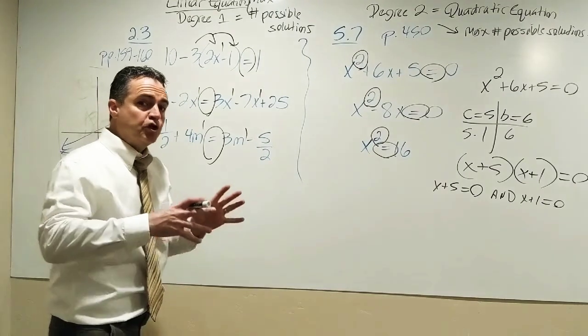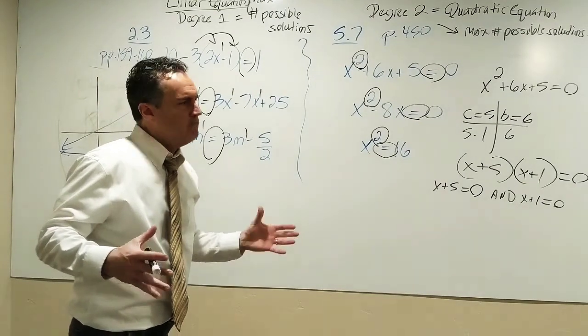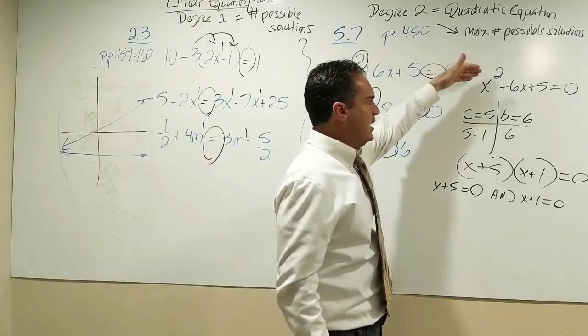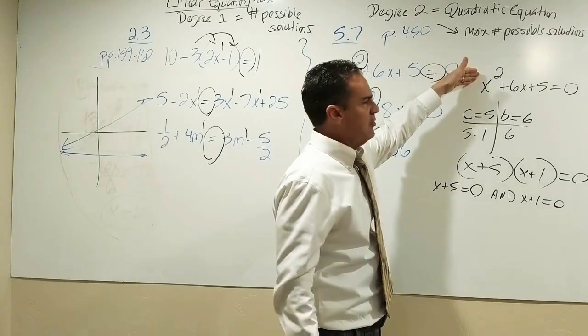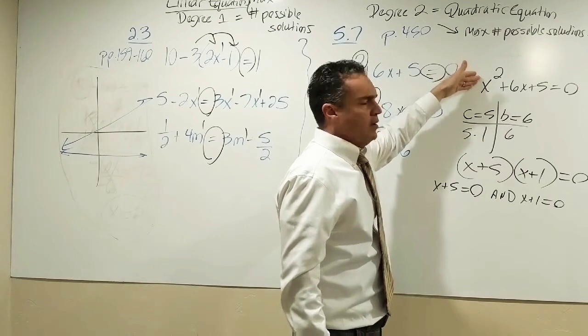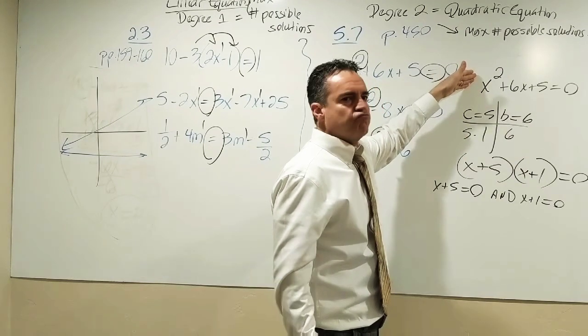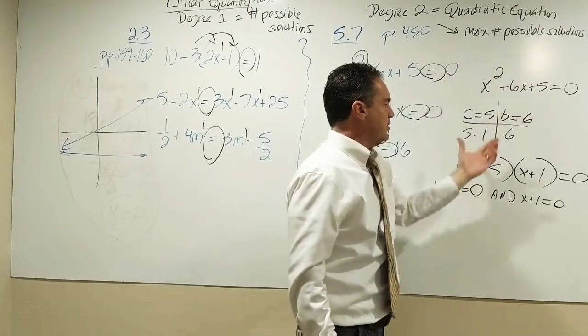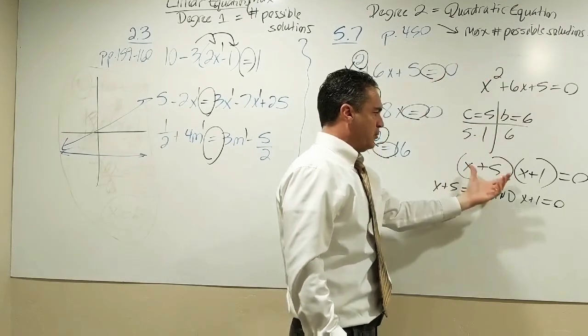So we use the tools that we have in math and algebra to reconstruct this quadratic equation, a degree 2 equation, through the process of factoring and the principle of zero products